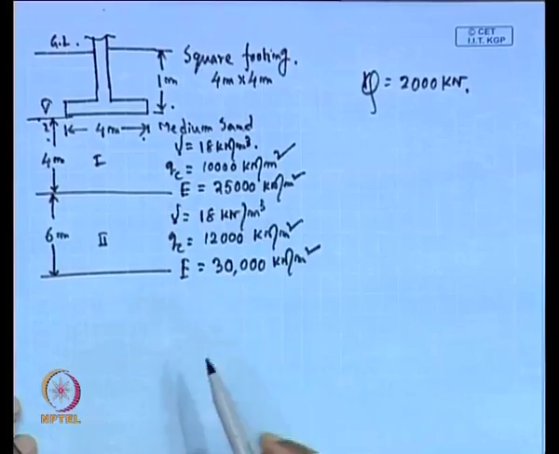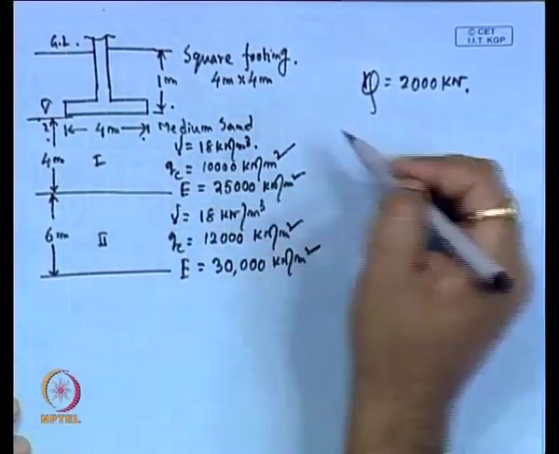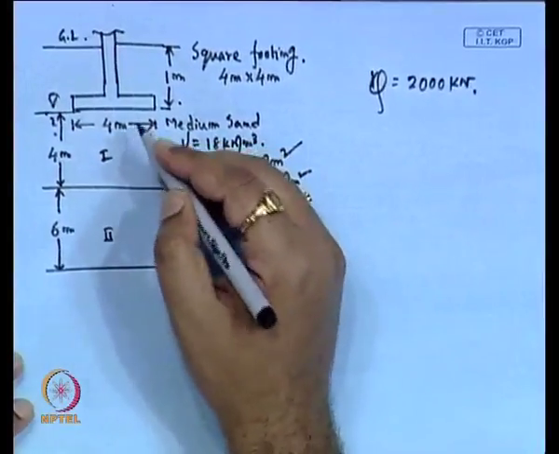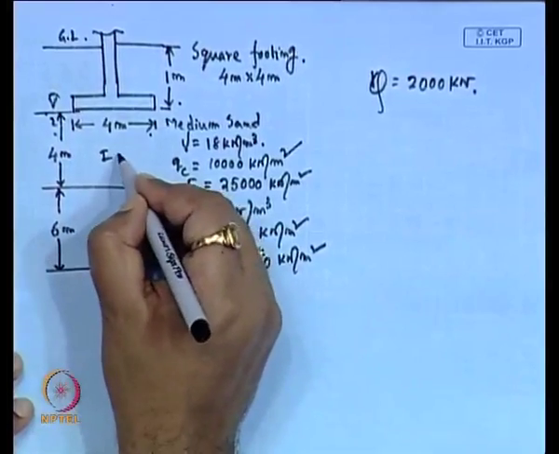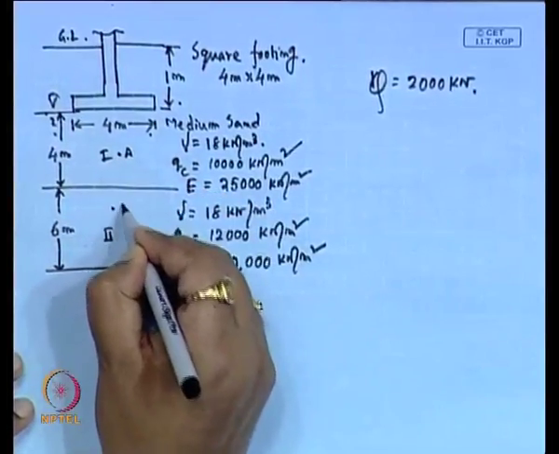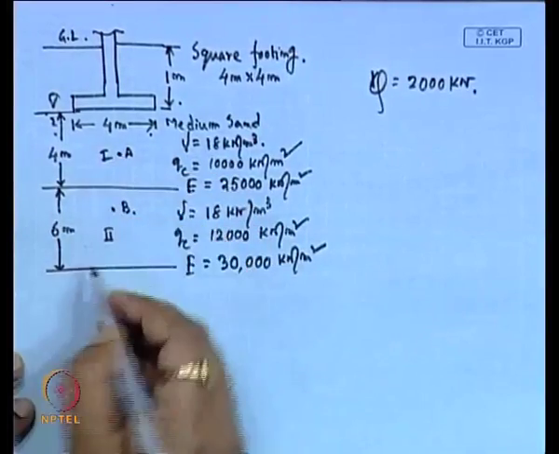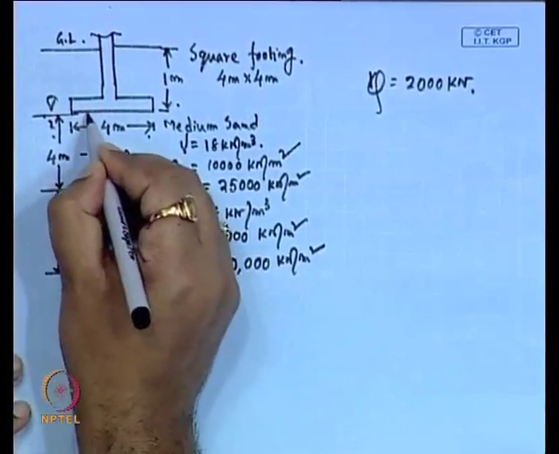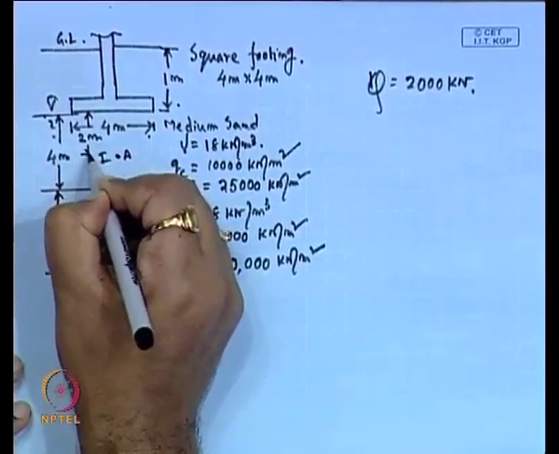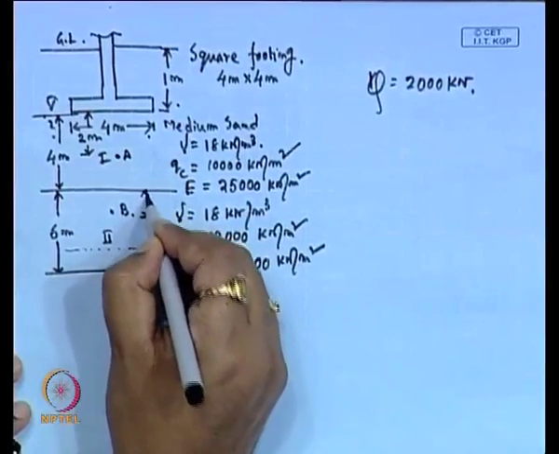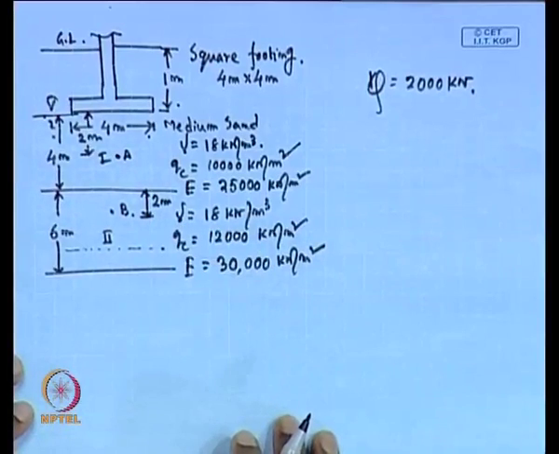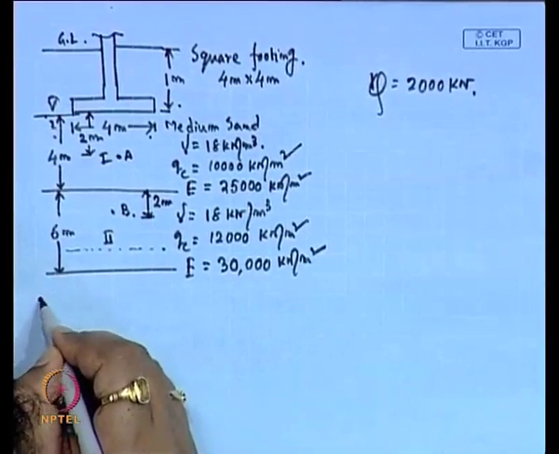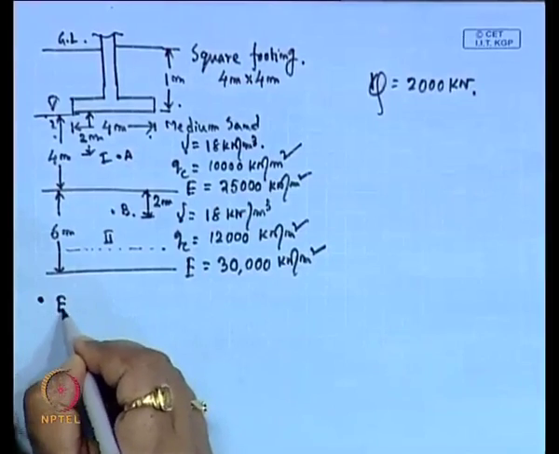So, we are taking the influence zone. If we use the different methods, because it is a square footing, even in the last method the influence zone will be up to 2B, that means up to 8 meter. So, we are taking 2 points at the center of each layer, because the influence zone is up to 2B. That means this point is 2 meter from the base of the foundation and the other is 2 meter from the end of the first layer. Now, we will use the different methods. First, we will use the elastic theory.